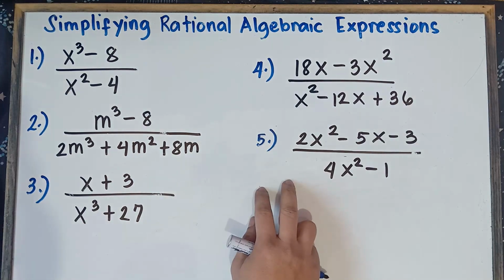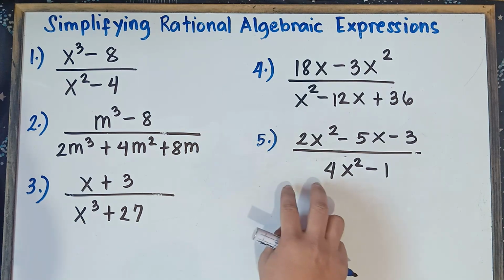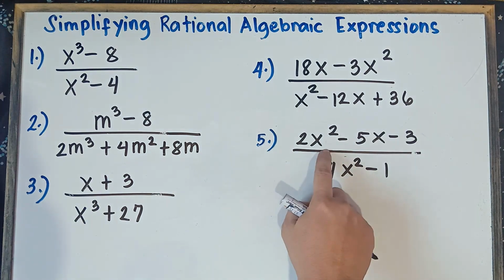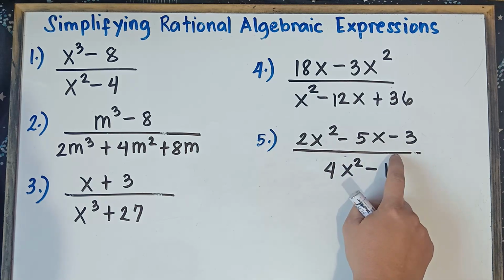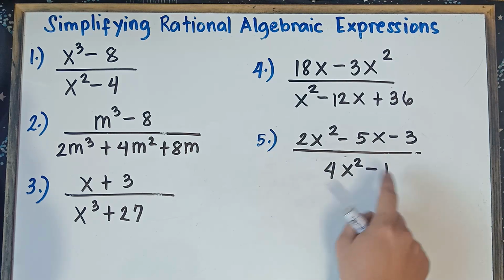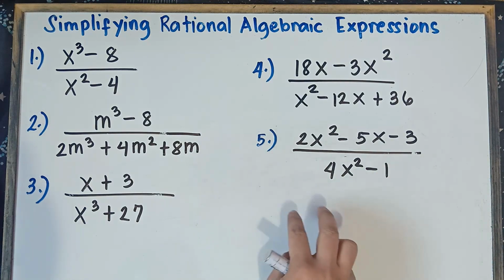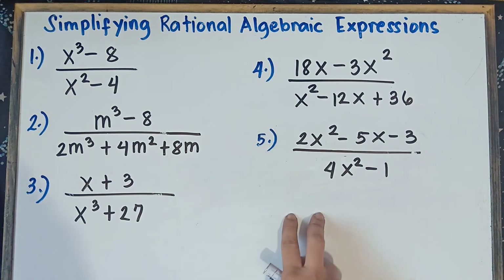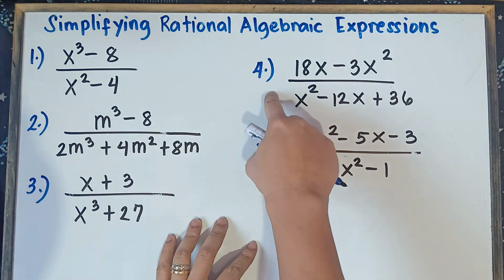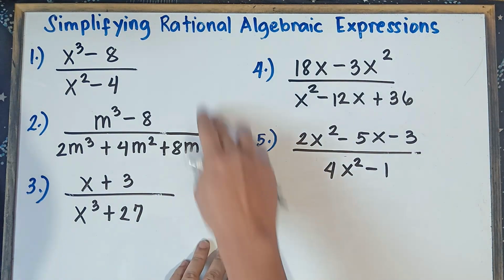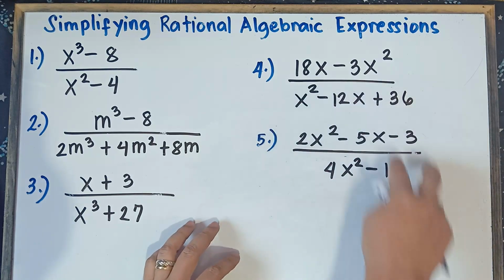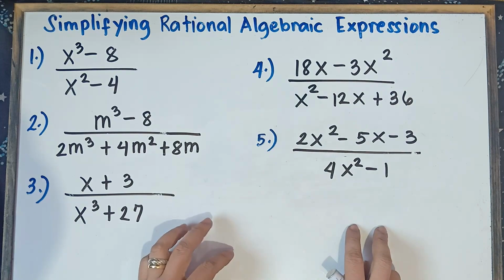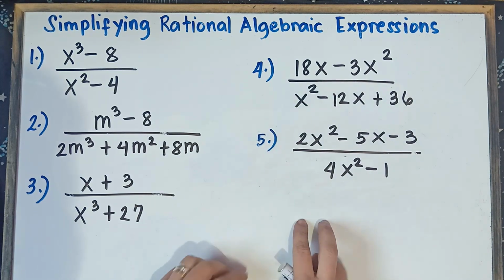And then for number 5, class, this will be quite complicated, because the number before x squared is greater than 1, and we have general trinomials, so we need to do grouping for number 5. But once again, class, do not be worried with this one, because we will be explaining this step by step. Alright, so let me just erase number 4 and number 5, because we need to explain this step by step. We don't have enough space, class. We will put our solution here.